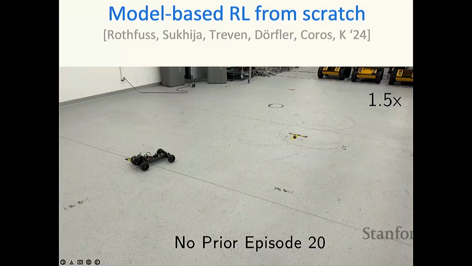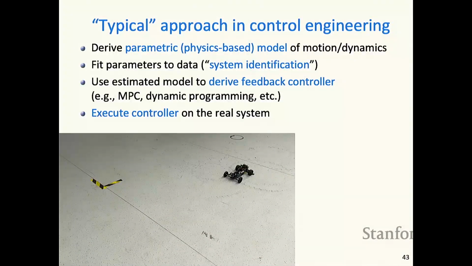And of course, a much more standard way of trying to solve that problem from controls engineering would be to derive a first principles physics-based model, do sysID to estimate the parameters, then derive a feedback controller and deploy it on the system. That's maybe a much more canonical strawman that one should compare with. And now, of course, if you're careful with modeling, this works perfectly. If you use a very simple model, so here we just use a bicycle model,